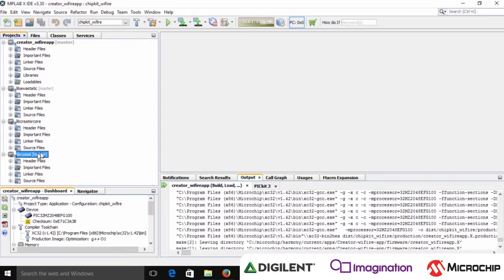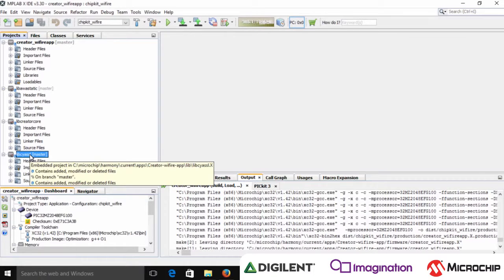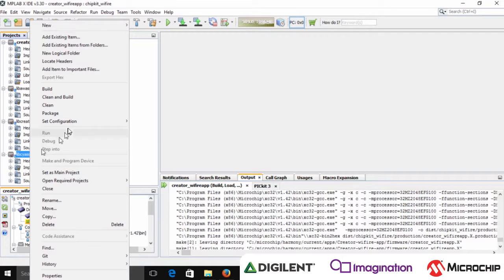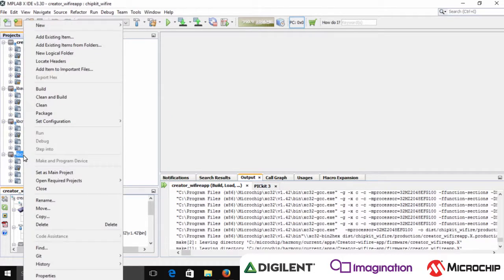So in Lab 13, when we modify the application and add in code to add functionality, we're going to need to rebuild the application, obviously. So there are 3 libraries that need to be rebuilt that support the Creator Wi-Fi app. The first one is the encryption, libsci SSL. And to build this, you'll want to right-click on it, set the configuration to match the microcontroller version you're using. Here we're using the PIC MZEF, and then we right-click again and clean and build,